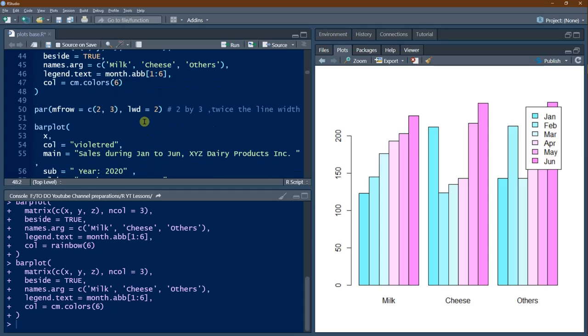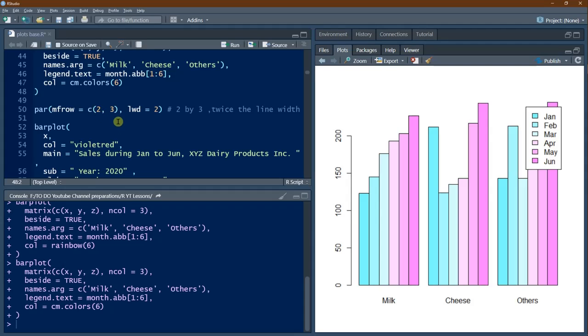Now we are going to draw some more plots, but before that let me have all the plots together, for which I am using the par function where mfrow I am giving a dimension of 2 by 3. That means 2 rows and 3 columns.